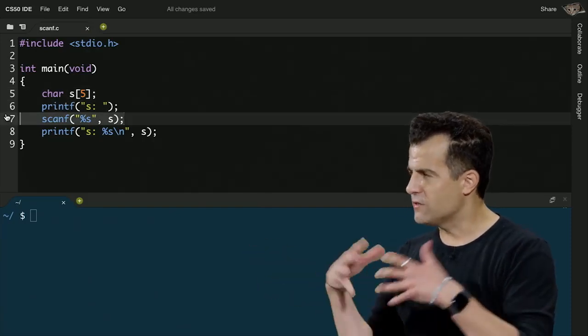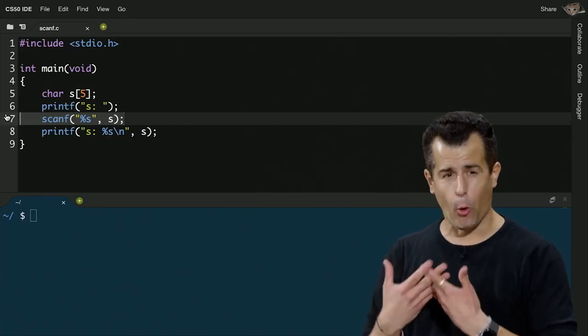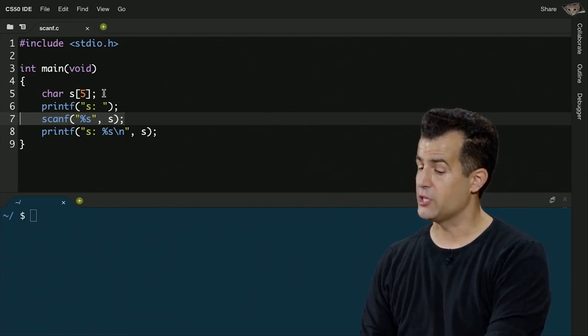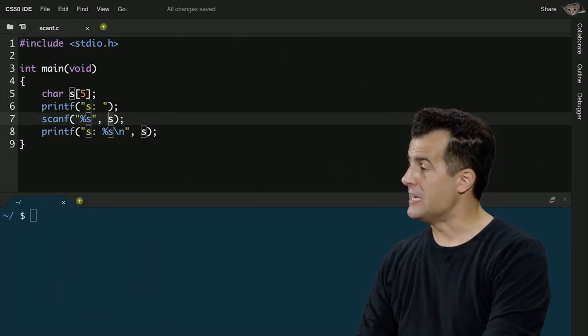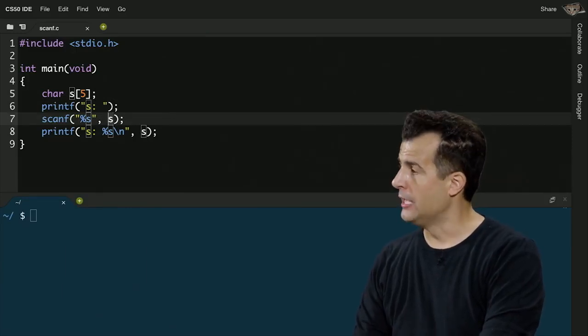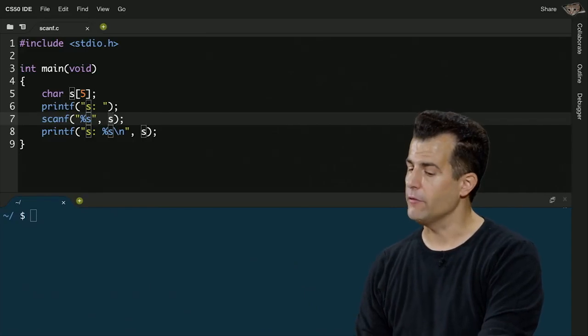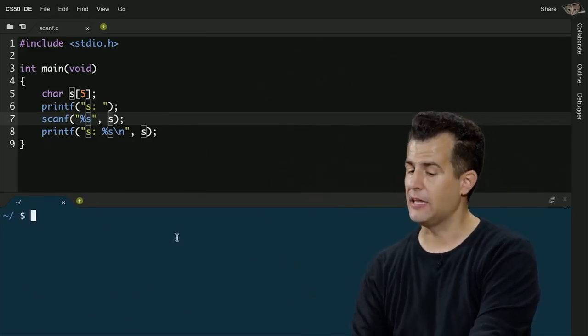So in short, there's this relationship between arrays and pointers that's sort of been latent throughout today's discussion. An array is just a chunk of memory back to back to back. A string is just a sequence of characters back to back to back. A string is technically an address of the first byte of that memory. And so sort of by transitivity, a pointer can be viewed as the same thing as an array, at least in this context. So let me go ahead and allocate myself an array of 5 characters. It turns out that Clang will treat the name of an array just like a pointer if you use it in this context to scanf, passing in the address of the first byte in that array.